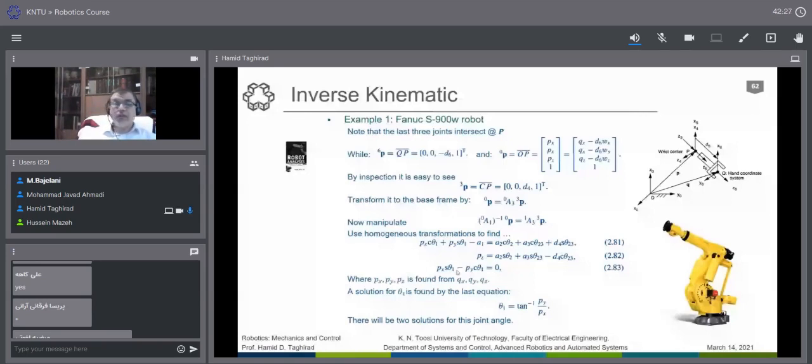We have theta 1 and we have two angles for theta 1. We have two solutions. We have Py over Px. If we have arctangent, it gives us only one solution. But since we are using only tangent, you can find two joint angles for this between 0 to pi over 2, and we can have the inverse in the second and in the third and fourth quadrant as well. So here we have two solutions for a given Px and Py, but now since theta 1 is given,